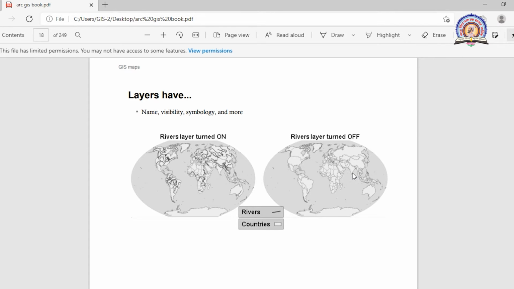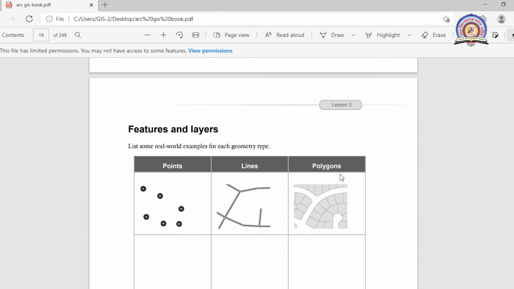It means that in GIS we can work on layers, which means we can perform thematic functions. For example, if you want to create a map of any layer, say a vegetation map, forest map, or a drainage pattern map, river map. Each map is made up of layers, and when you turn on that layer, you can display it in your working area, and when you turn it off from the table of contents, we are not able to see it. Okay, let's move ahead.